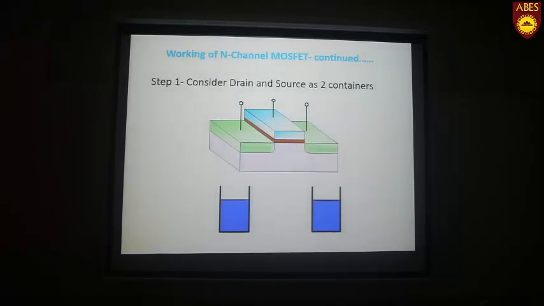Now to understand the working of this model, let's say that we have these two diffused regions. Let's imagine that these two regions are two containers filled with water, as shown, and these two regions are placed onto this wafer. So let's say these two beakers are placed on a surface, let's say onto the ground. This wafer is just to support that. Initially, just imagine that these two regions are these two containers. Now before proceeding further, let's leave this MOSFET portion for a few moments and discuss these two beakers only.